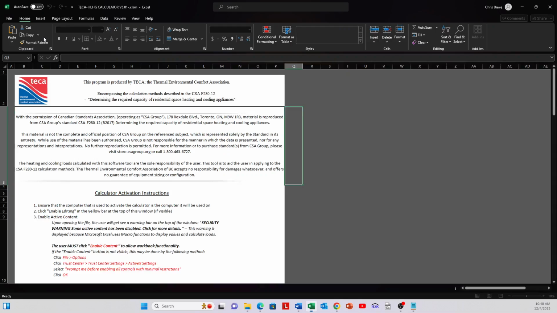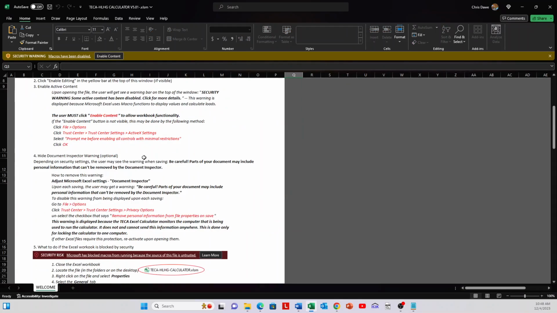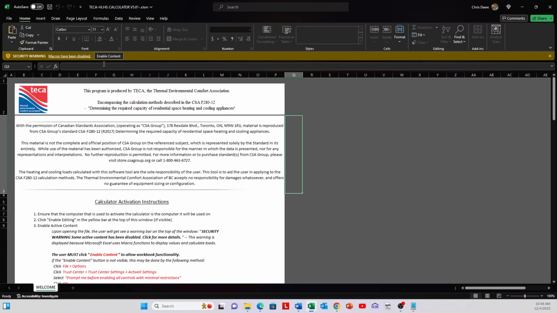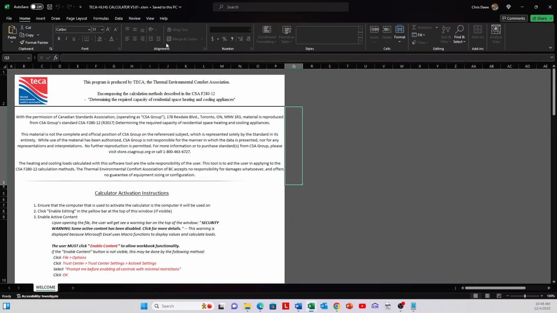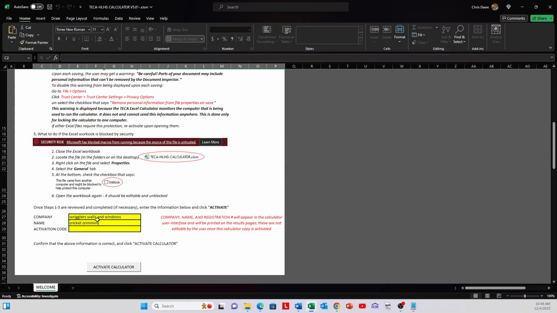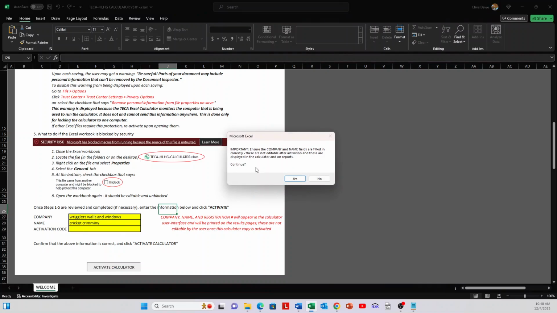Right when you download the file from the TECA website, this is what you're going to see, right? The welcome page. And just like I showed before, if we click Enable Content, now we can actually use it. So down here, it's important to enter the information exactly as you want it to show up. I have entered an activation code here, it's just hidden. And if I click Activate,